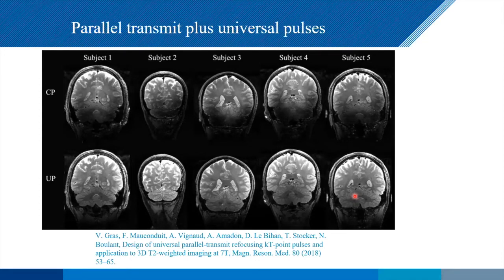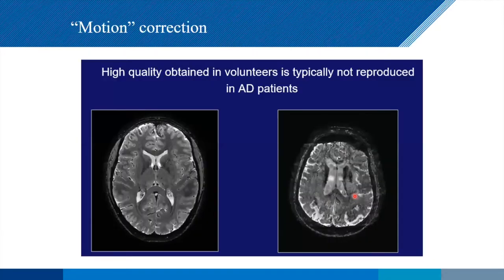Motion is kind of an interesting one. So what we found early on, being in a hospital here, the idea is we do clinical research or we even do patients here. And what we saw was, having put into place all of those improvements over here, we were getting beautiful images in volunteers, and then Alzheimer's patients came in, and you get images like this. And all of the detail, everything you want to do, you want to be looking at QSM, other measures like that, totally impossible because of the image artifacts.